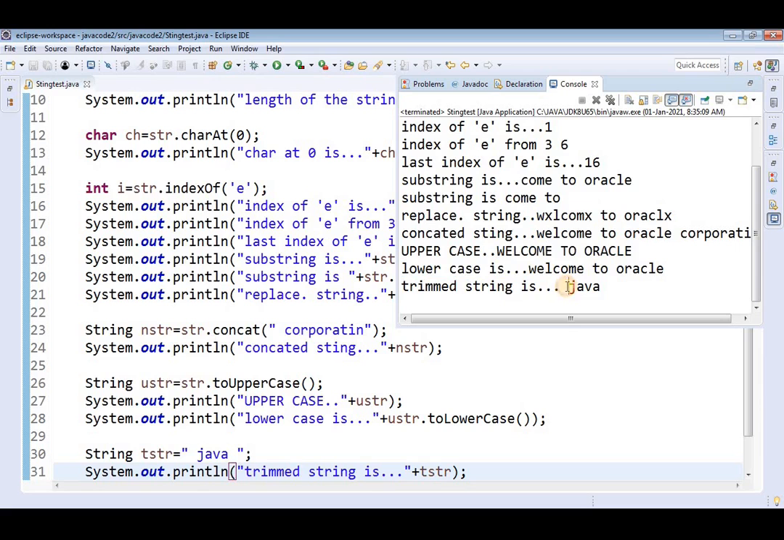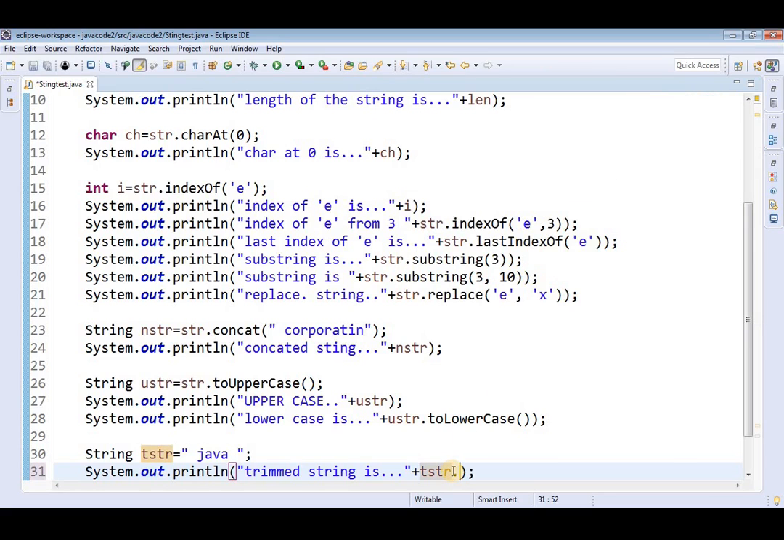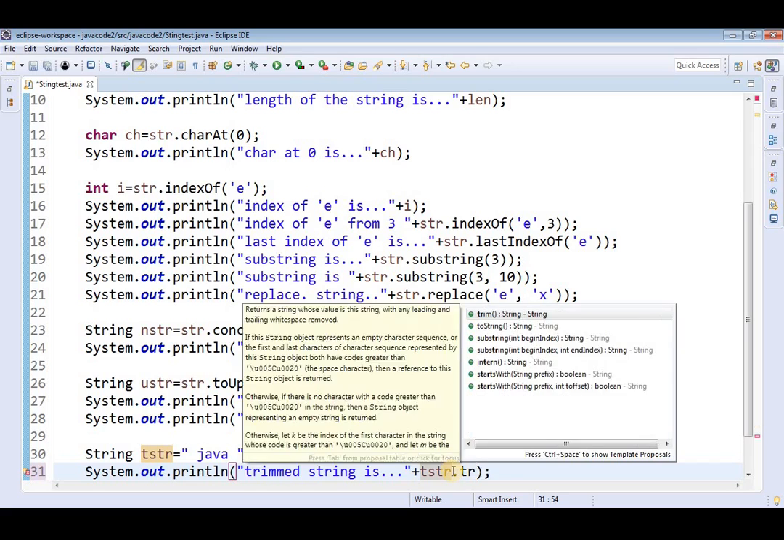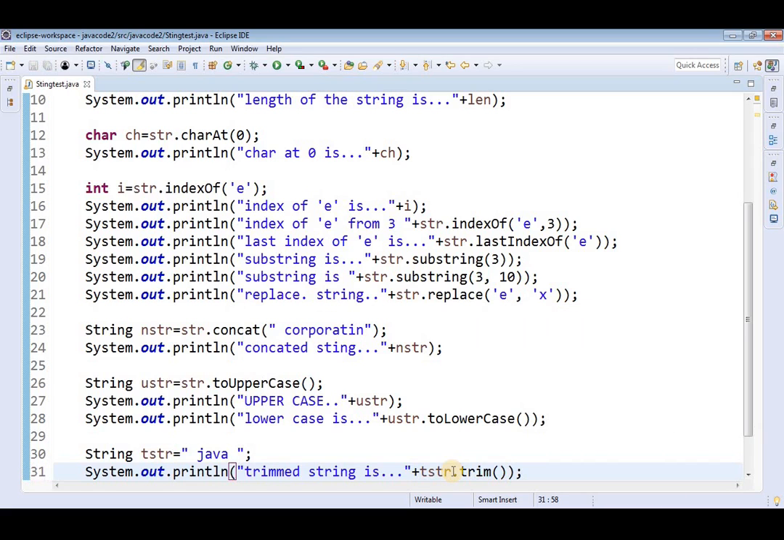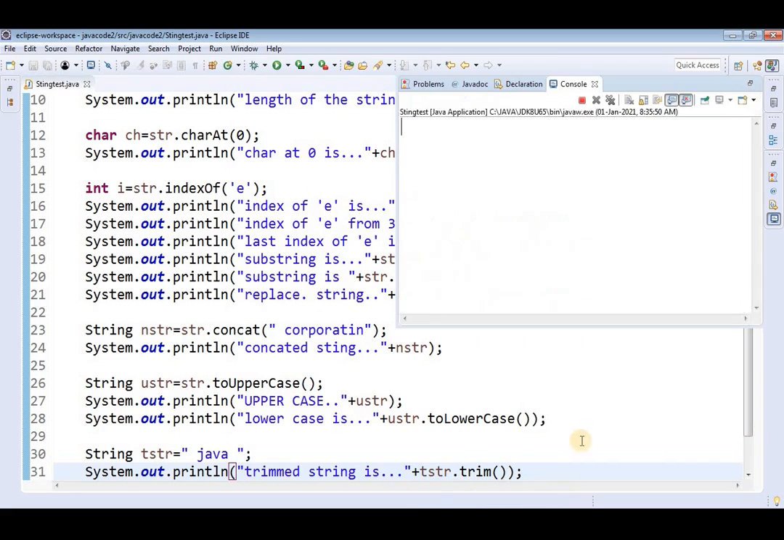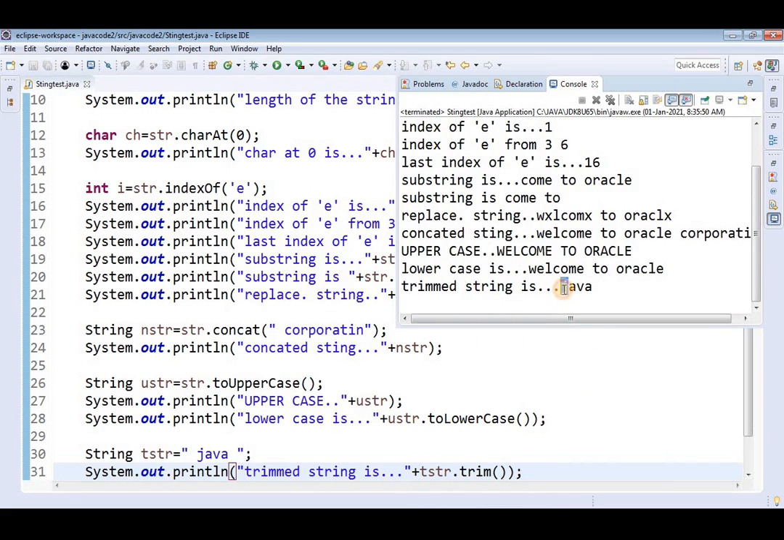Next one is we have a trimmed string. In this one we have to call the trim method like dot trim. Now again check the output. In the trim method it is removing the leading and